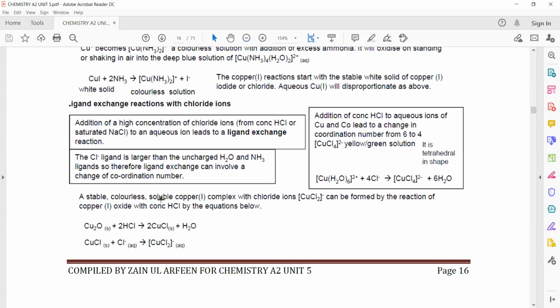The stable colorless soluble copper 1 complex with chloride can be formed by reaction of copper 1 oxide with hydrochloric acid. So if you have copper 1 hydroxide reacted with hydrochloric acid, it will form copper 1 chloride. Copper 1 chloride is solid. If to this copper 1 chloride we add an acid, it will form